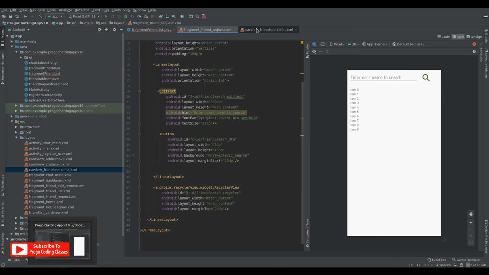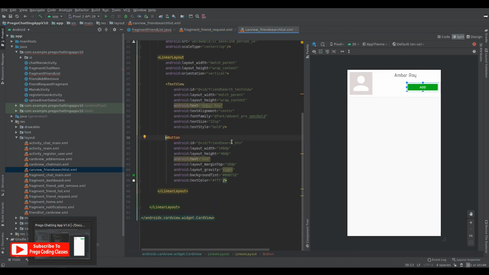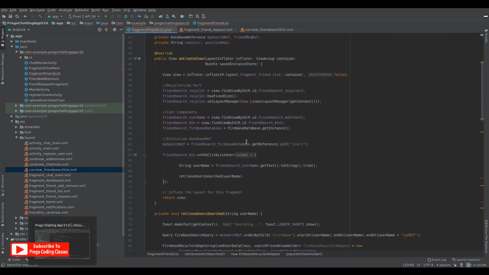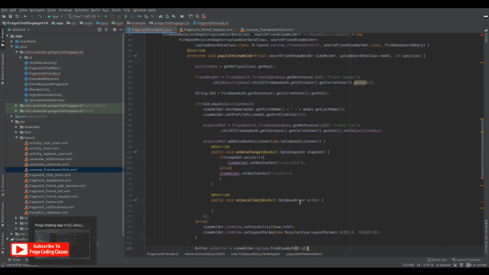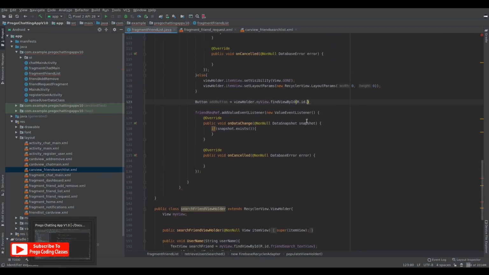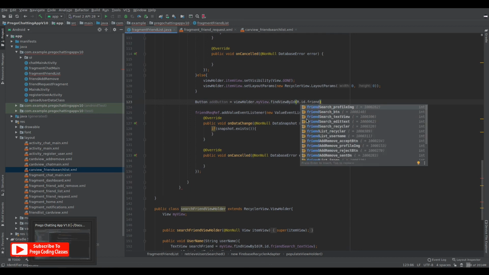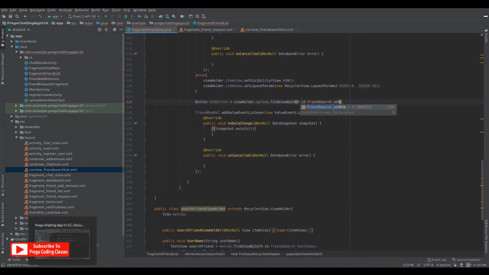So let's change the name in the card view. Let's make it add button, and then over here let's search for the add button only. Friend search add button,